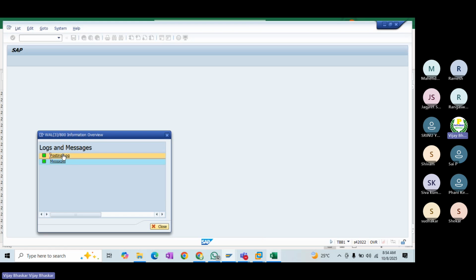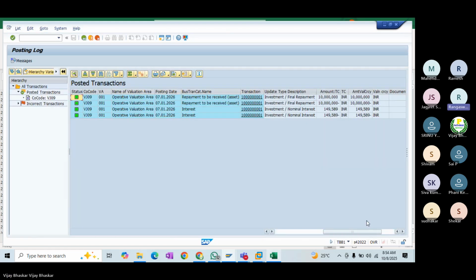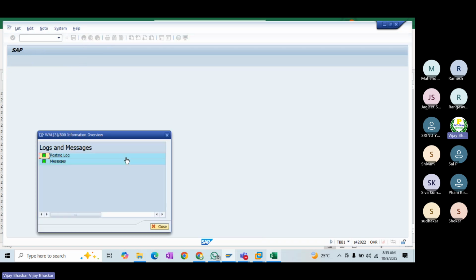See, now incoming doesn't require anything. Let's see how the system posts that interest. The total amount showing is 1,49,589. If you had performed accrual deferral until December, it was showing 1,39,000 something. That remaining amount will be part of this one, and the total will be equal. Just yesterday we discussed that in detail. Whenever we execute this, it will happen.